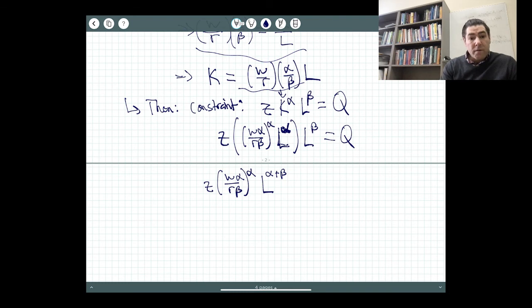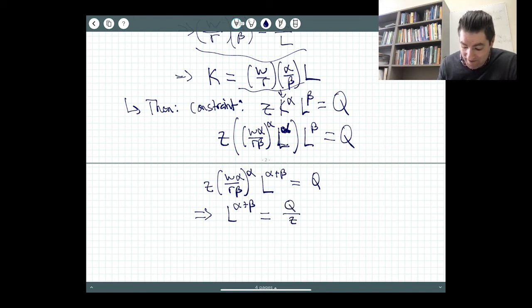All right, so I'm just adding those two constants together. And that has to equal Q. And I can now do some dividing, and I can start to find the solution for L. So L to the alpha plus beta has to be equal to